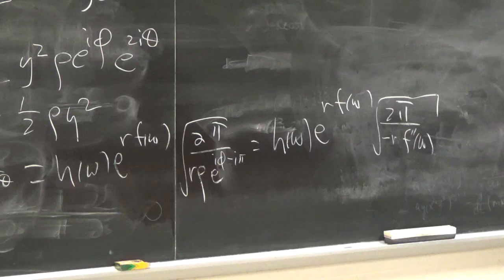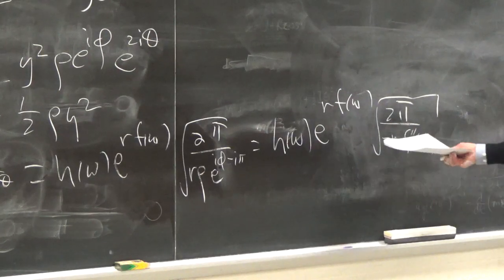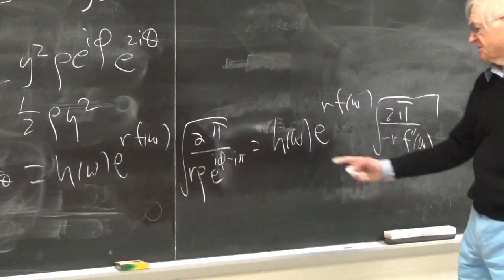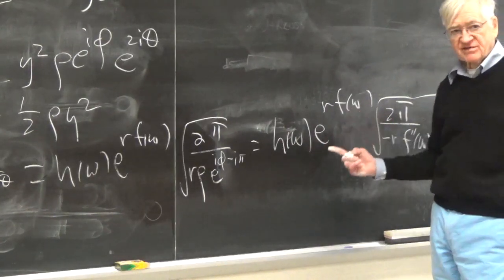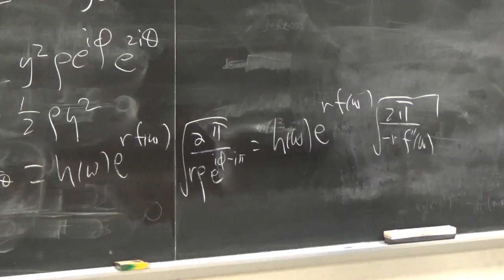So that's the final formula then, and this is the general steepest descent approximation to that integral. Now here I've assumed there's only one critical point where f prime vanishes. If there are two w's, well then you have to do this thing twice, and then you get a sum over the zeros of the derivative of f.